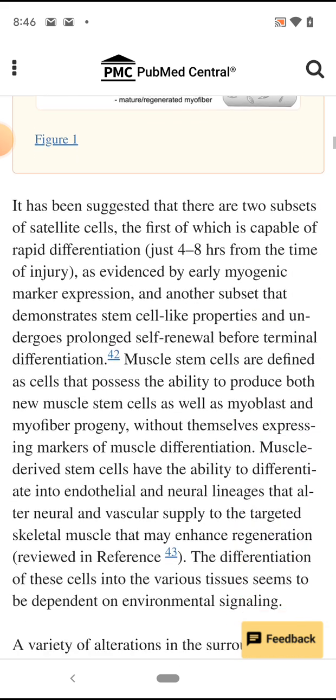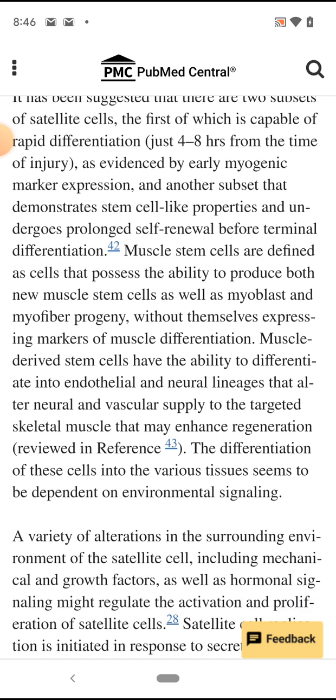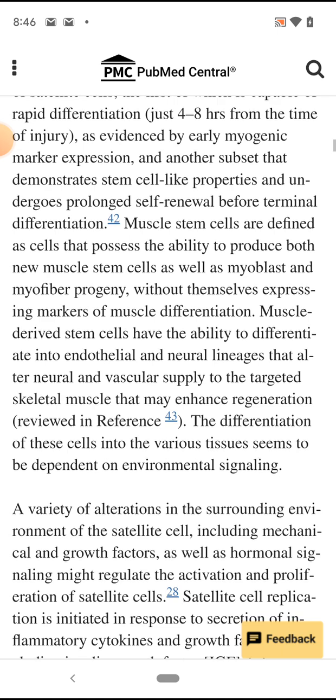It has been suggested there are two subsets of satellite cells. The first of which is capable of what? Rapid differentiation, just 48 hours from the time of injury. That's why it's important to head down to the buffet and eat for 4 hours straight. You need to be in positive nitrogen balance. You need to be anabolic now. As evidenced by the early myogenic marker expression, and another subset that demonstrates stem cell-like properties and undergoes prolonged